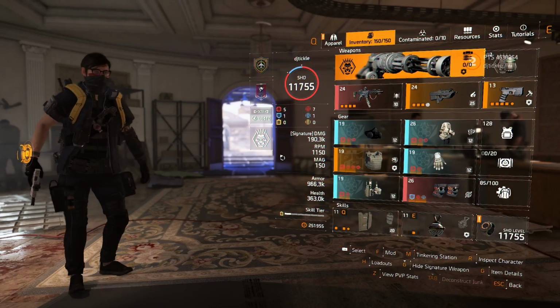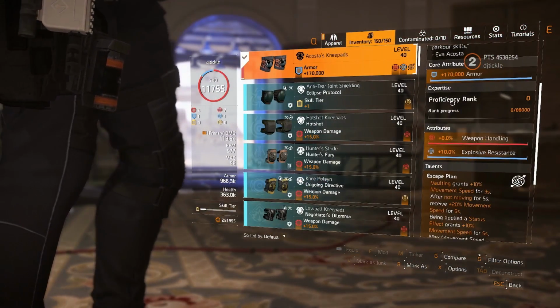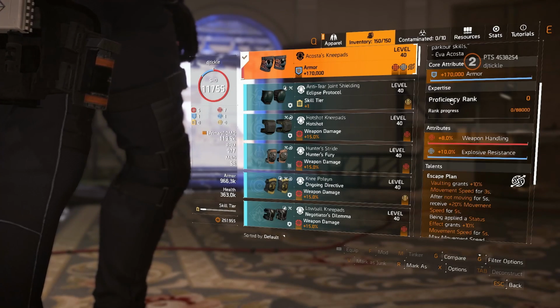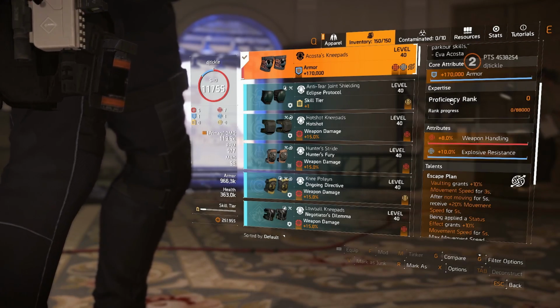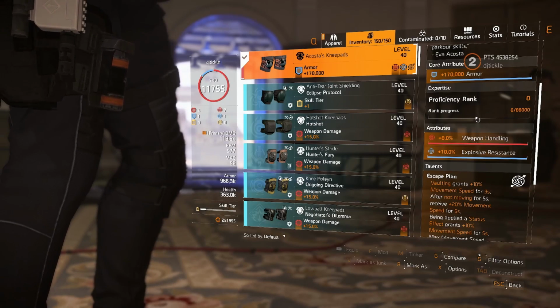So I'm actually starting off with an unusual one, the Acosta's Kneepads. Now I really think that these are super beneficial to PvP. I think that's the angle that they're going down. Whether they'll be used or not, I don't know. It's pretty hard to test PvP when it comes to the PTS. You really need a whole bunch of people to do that,